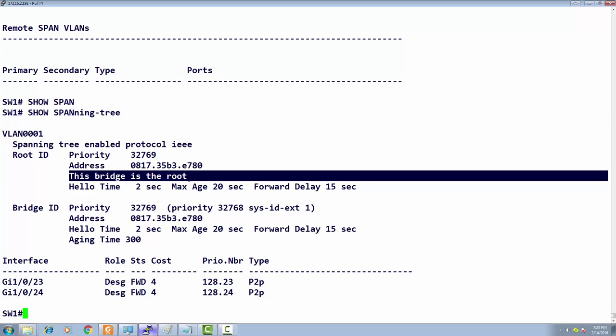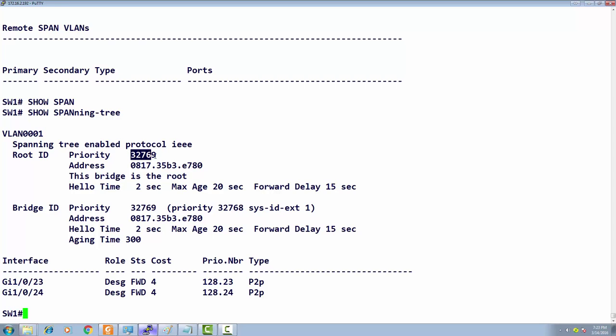So first it will try to compare based on the priority. If the priorities are same, which by default on two new switches, if you did not configure anything, is going to be same, the second parameter that comes after that is the MAC address. So if the priorities are same, the lowest MAC address wins. So either the lowest priority or the lowest MAC address is going to win. The default priority that you have is